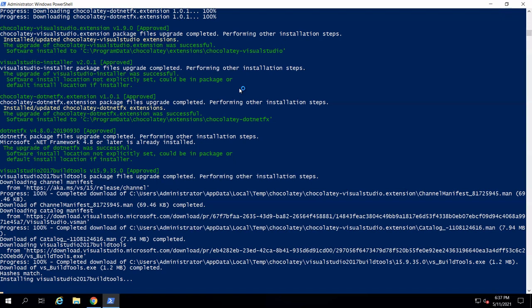Which are built in along with this particular Node.js. Do not close this window. Once again, I am saying, do not close this window until the complete installation of all the packages occurs.